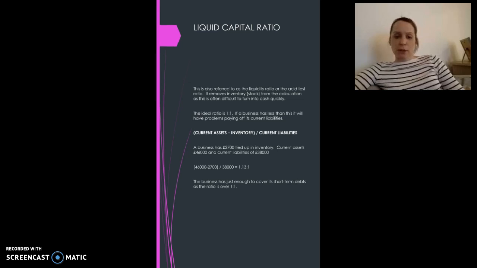So the first part of this ratio is the fact that you have to take away your stock from your current assets, and then again you divide that by your current liabilities. So if in the example below your business has £2,700 tied up in inventory in its stock, but still has current assets of £46,000 and current liabilities of £38,000, you take one from the other and again you divide it by your current liabilities. So in this example £38,000,